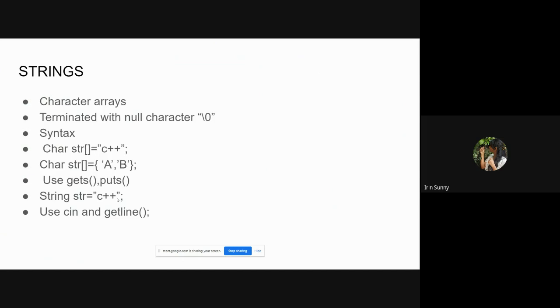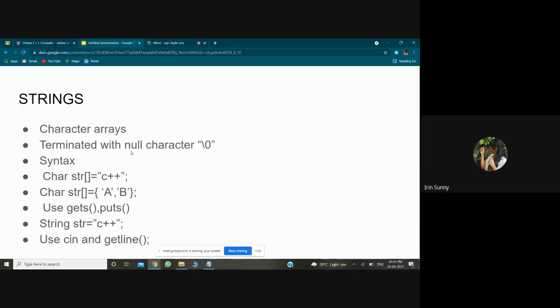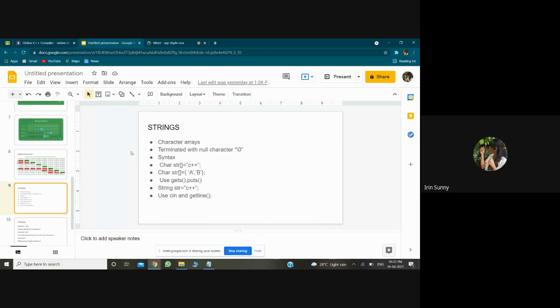If you enter a line into the string, that is hello is my name or whatever, what happens? Cin only reads till the first space. But the getline function reads the whole sentence or the whole line of text. That is exactly what gets and puts also do. Gets is to read, puts is to output, instead of the cout statement. Gets reads the whole line of text, unlike cin, which only reads up to the space. Now let's do a program.